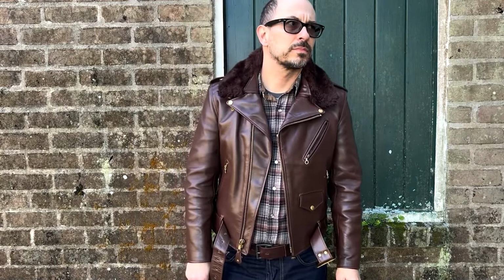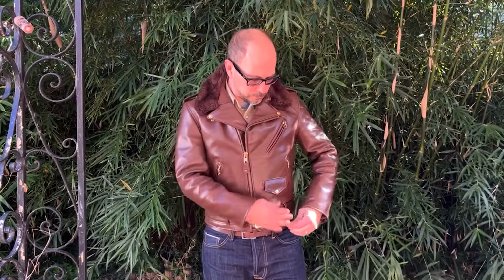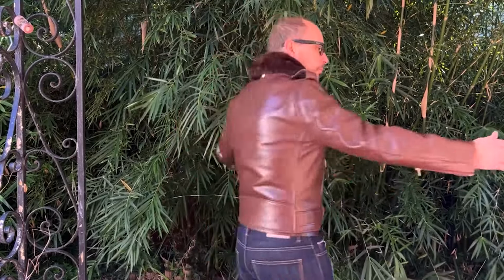There is something about the cut of this jacket which is different from the 618, which, having not worn a 613 before, I wasn't actually familiar with whenever I have been talking about the 613. And what it is, this jacket is a blunt cut across the back. The 618 kind of dips right in the center of the back. So it's slightly longer in the center of the back than it is around the rest of the jacket. And what that actually means for this jacket is that even though it's listed as being a slightly shorter jacket, because the entirety of the back is that same longer length rather than getting shorter around the sides of the